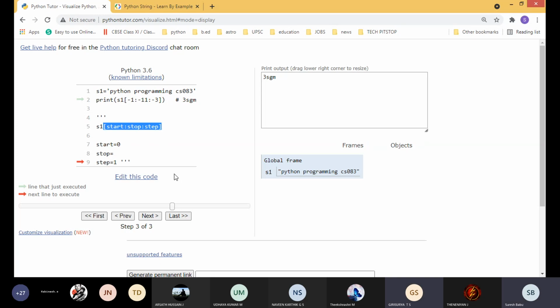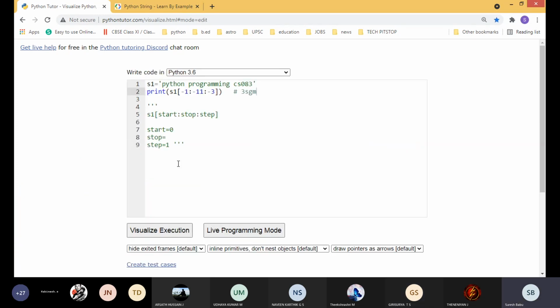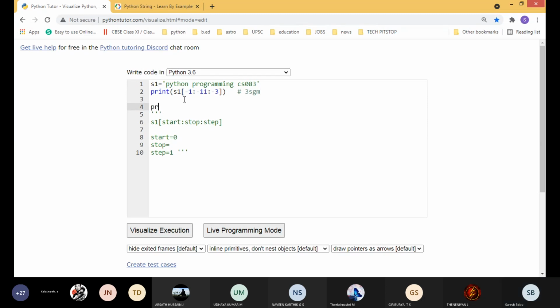Yes, sir. And one thing we saw, see here, for this one we got the output as the entire characters. Okay, now you can easily understand the default value for start is 0, the default value for stop is the end value, then the default value for step is 1. Okay, this is very much understandable, but we also saw this one, s1 of colon colon -1. Here I just gave the value for step.